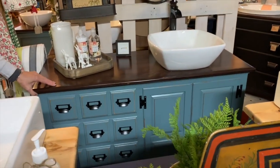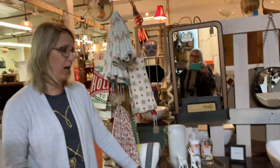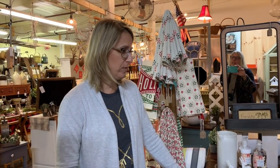And this is maple, you know, so it's solid maple. There's no particle board, there's no junk here. It's not going to fall apart on you. It's pretty heavy. So yeah, that's what we go for. We go for pieces that are nice and